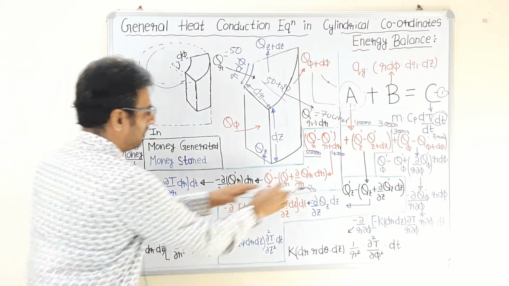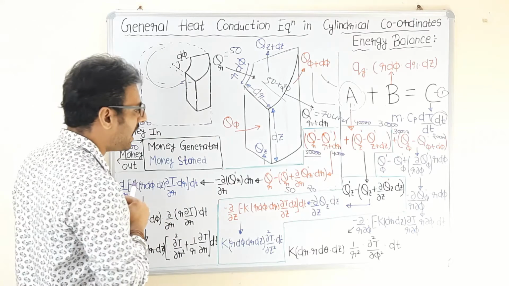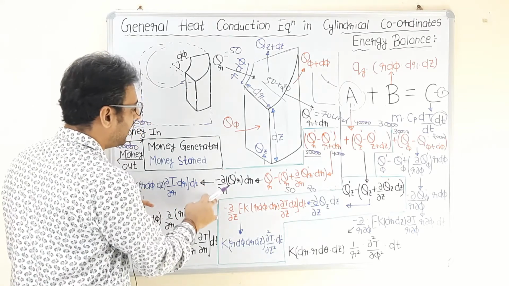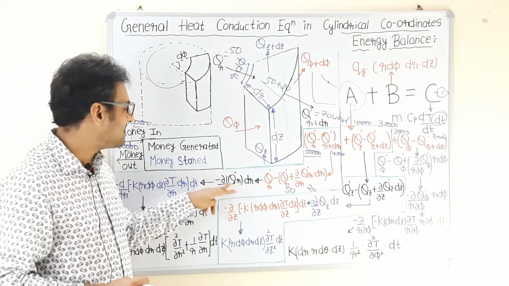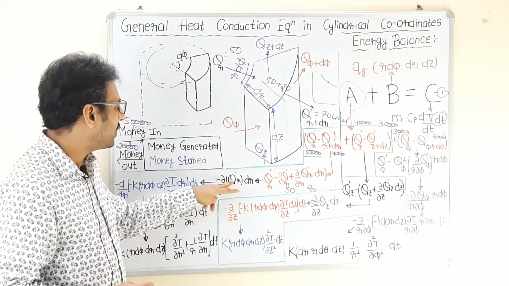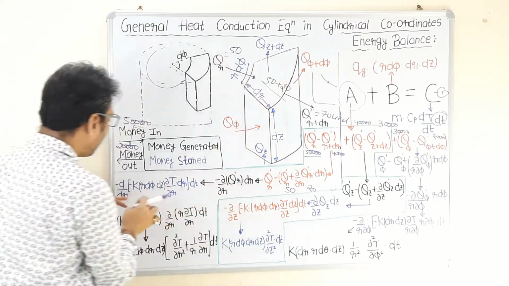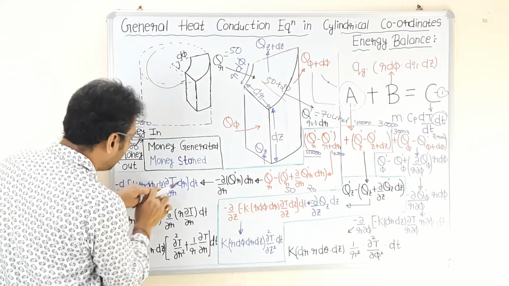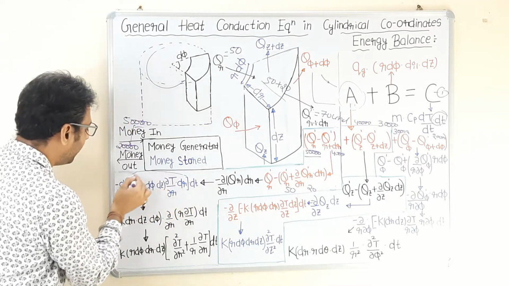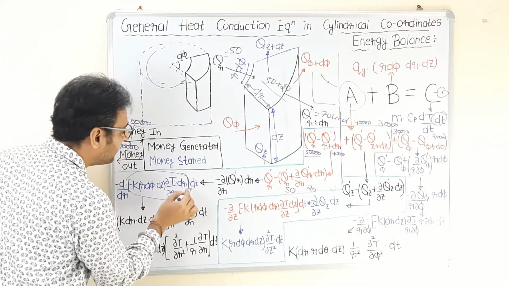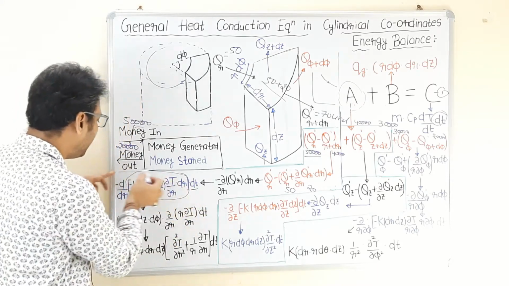Now further, Q_r and Q_r will cancel each other. Now we are left with minus del upon del r of Q_r dr. Now we can substitute the value of Q_r. From the basics of Fourier's law of conduction, we know Q_r, heat conducting into this element in radial direction, can be given as minus K A dT upon dr into dr into dt. So this is showing heat transfer rate. When we multiply this by dt, the time interval, suppose 2, 3, 4 seconds, then we will get the amount.